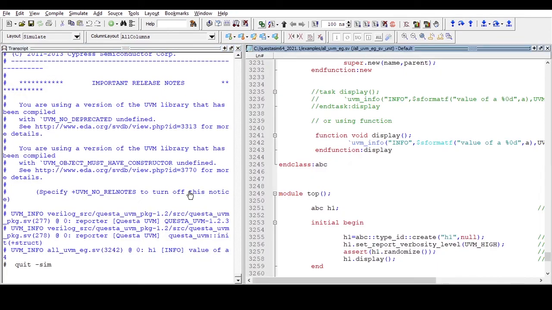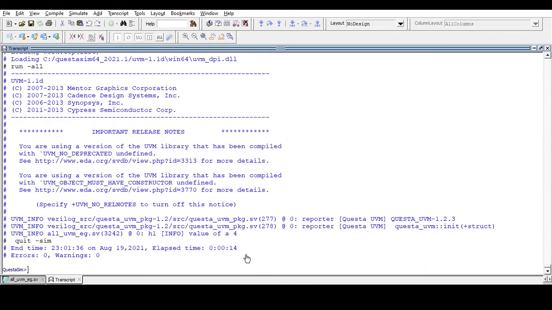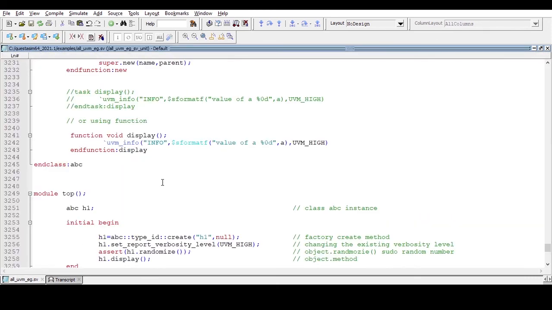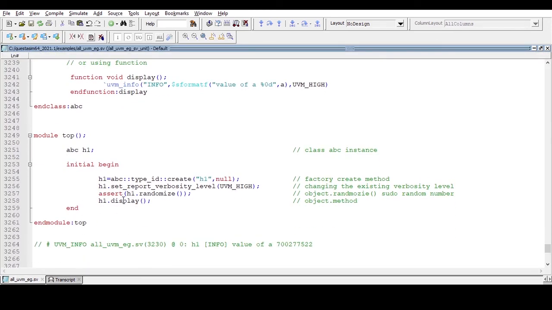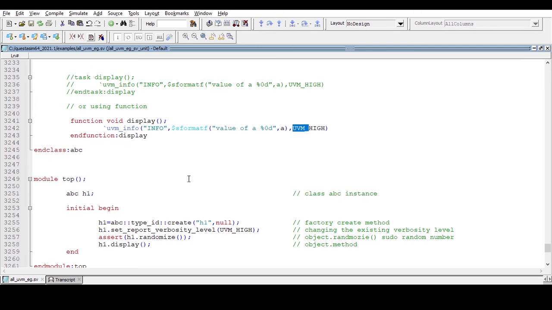Now we are getting the value of a is equal to 4, a random value. So with the help of this set_report_verbosity_level, we can change the existing verbosity level. Very important, very simple, and a most frequently asked interview question.